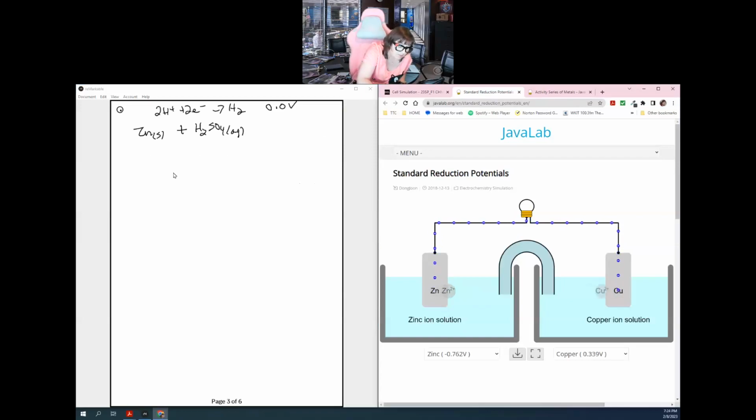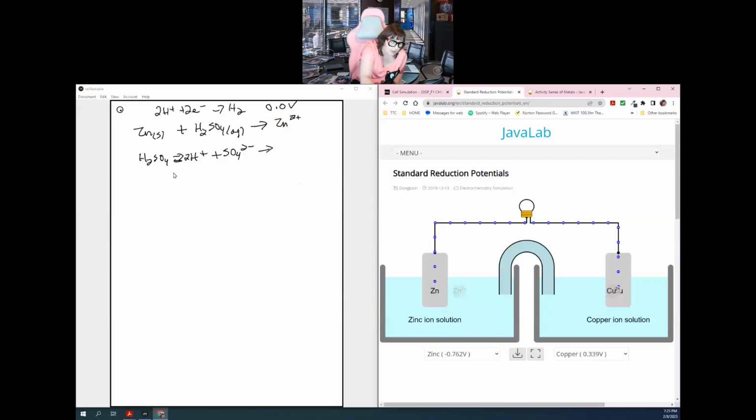H2SO4, this is aqueous. And that's going to give us some products. Now, remember that when you have H2SO4 in solution, it's an ionic compound, and so that's completely dissociated. So H2SO4 becomes 2 H plus plus SO4 2 minus. So that's what you're actually looking at in terms of what's in your beaker. Okay? So that's what you're looking to react against, not this part, because when we go to the other side,